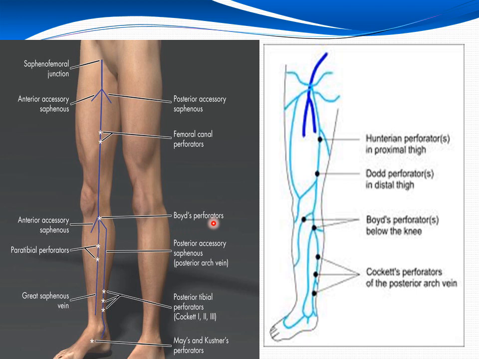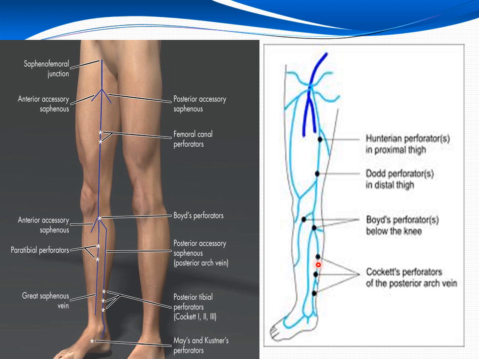Okay. Then next we have the 3 medial ankle perforators. Here you can make out 1, 2 and 3. Here also 1, 2 and 3 medial ankle perforators. So they are situated close to the medial border of the lower 1/3 of the tibia, and these medial ankle perforators connect great saphenous vein with the posterior tibial vein. So if you see the upper one, the upper medial ankle perforator, it lies at the junction of middle and lower 1/3 of the tibia.